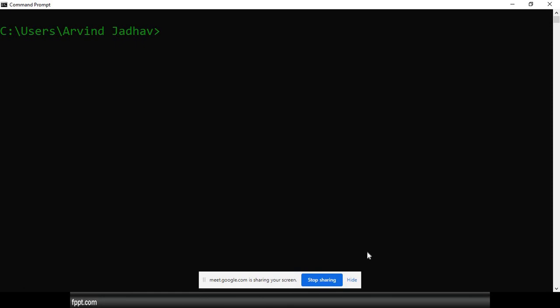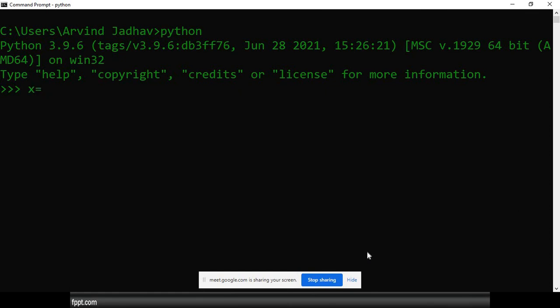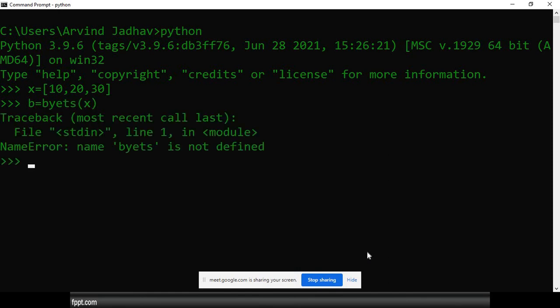Here I'm using Python, and I will declare x is equal to some values: 10, 20, 30. Then b is equal to bytes of x, converting this into bytes.